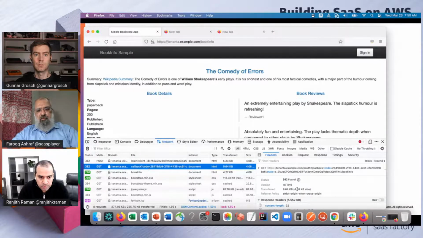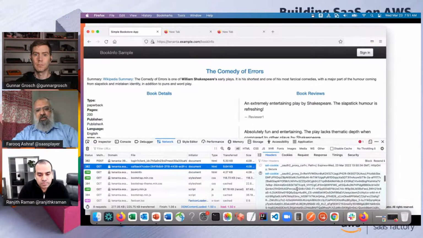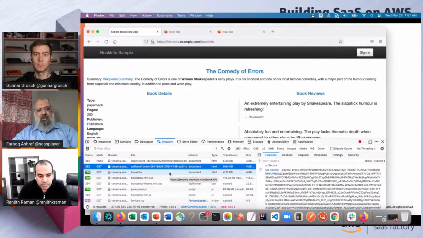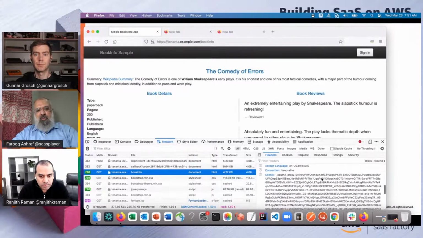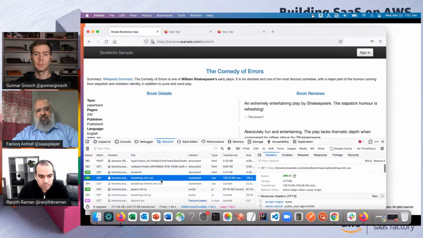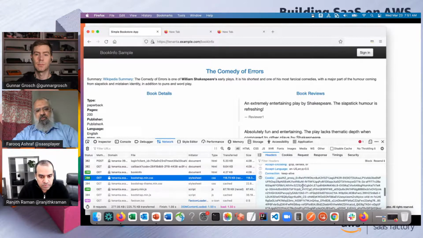Once that code is sent, there is a cookie that OAuth proxy sends back to my browser, and that cookie is set now, and I can start sending requests to the backend application. With every request, you will see that this cookie is being sent. Every single request is going to have that cookie, and that will authorize my request automatically as long as the cookie is valid.